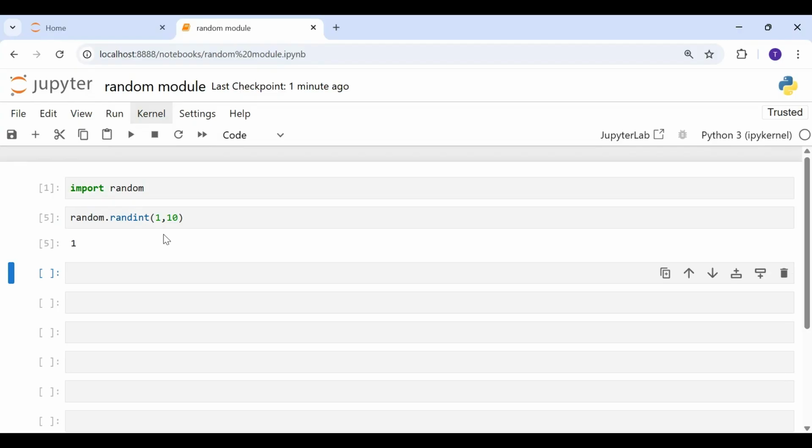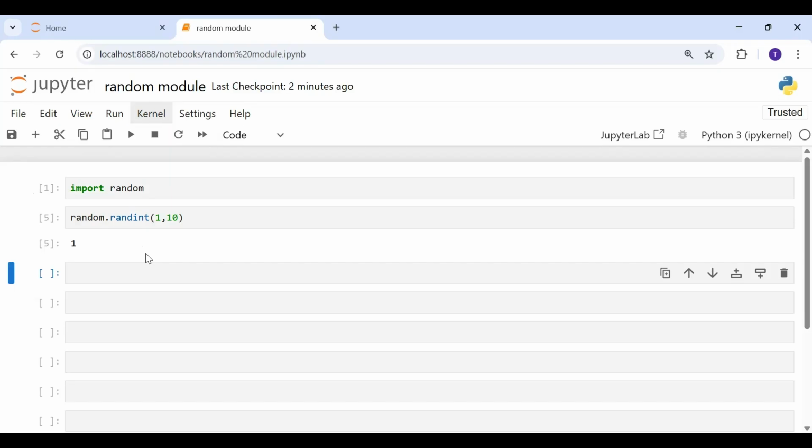But you must be thinking, where do I use this random module, right? What is the use of this random module? So this random module could be used to generate random numbers for games. Maybe you want to do some simulations where this random module could be used. It can be used in security, and even in data science, you would find this random module being used. So, a very useful module, I would say.